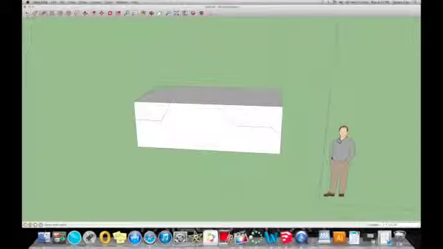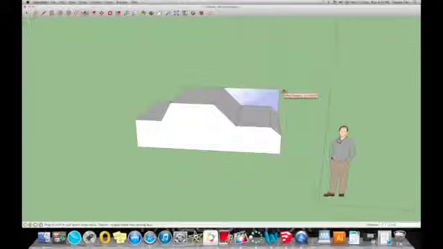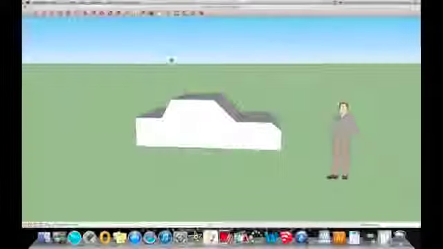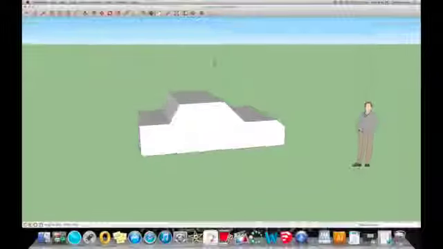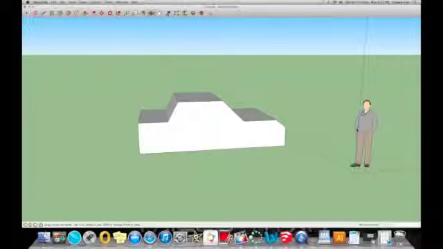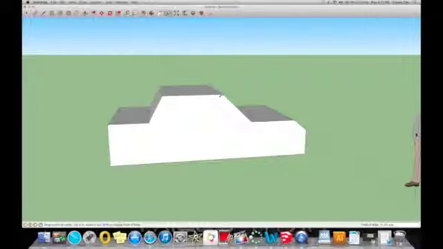Alright, so if I pull these two parts off, you can see, and I make sure it goes all the way to the other side so that it disappears, you can see that I have a very rough outline of a small car. Alright, so I'm then going to zoom in a little bit and use my arc tool to make some curves on my car because I don't want it to be this boxy. It's not a Volvo. So I'm going to go in here